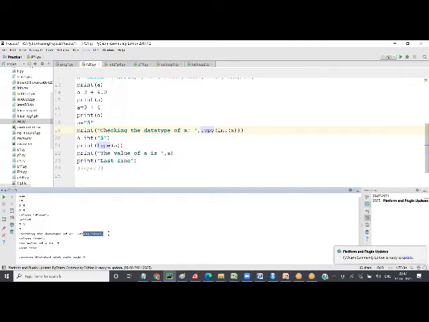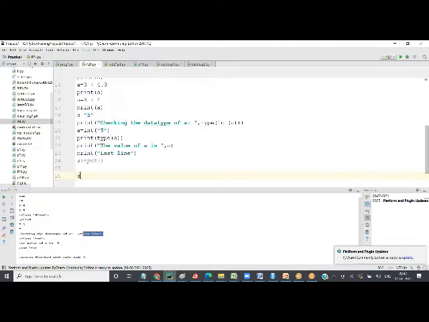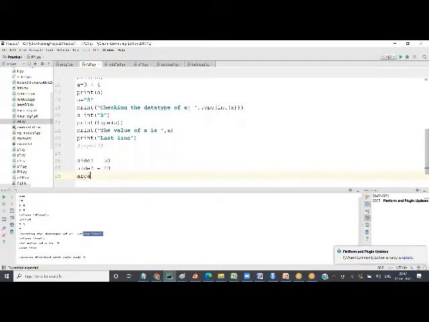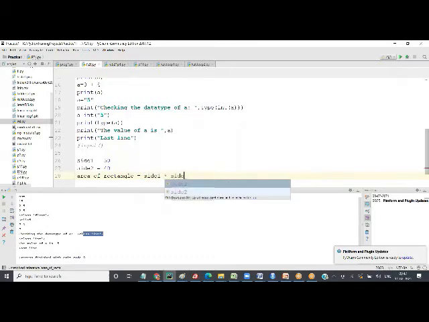Okay, so I'm going to write my program here. I'm going to say side 1 equal to 50, side 2 equal to say 40, area of rectangle equal to side 1 into side 2.